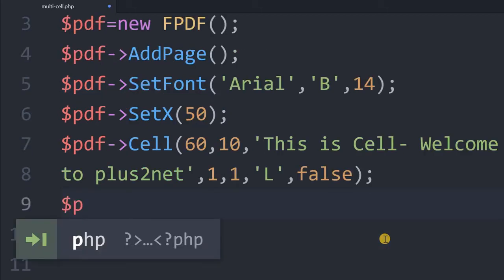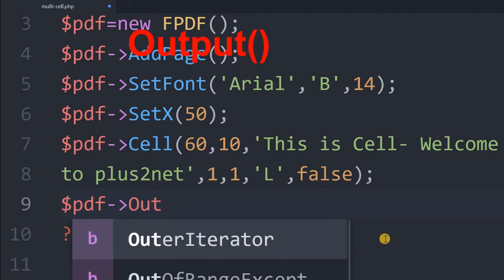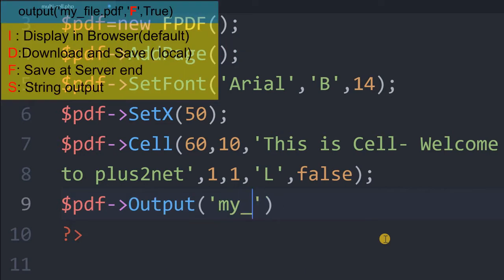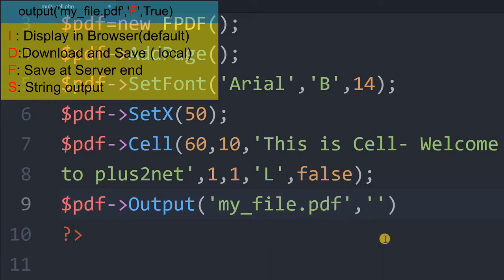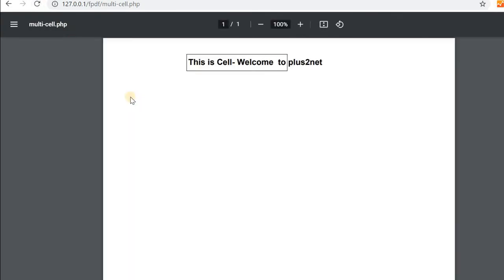So I'll just give PDF output. Output has all the options, everything we discussed before. So I'm just giving a name as my file.pdf and I. By default it's I anyway, so it is displayed in the browser. So saved it. Let's refresh, and yeah, this is a cell. You can see this long string has overshot and gone out.